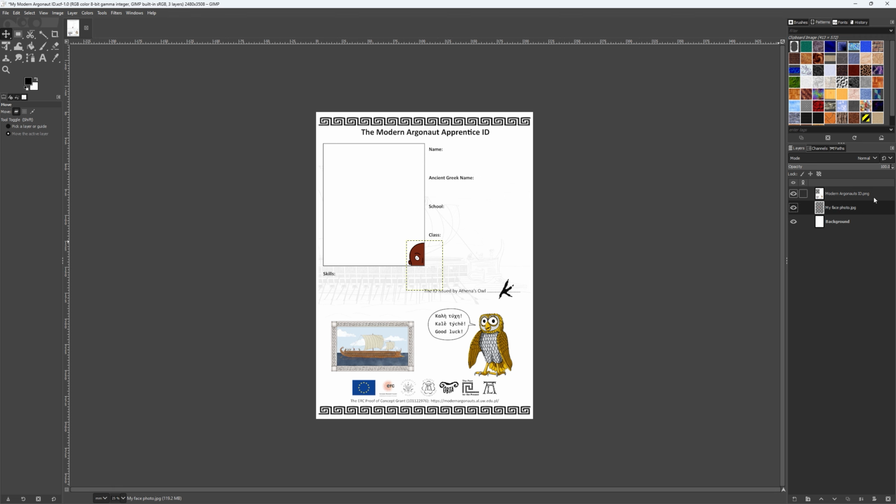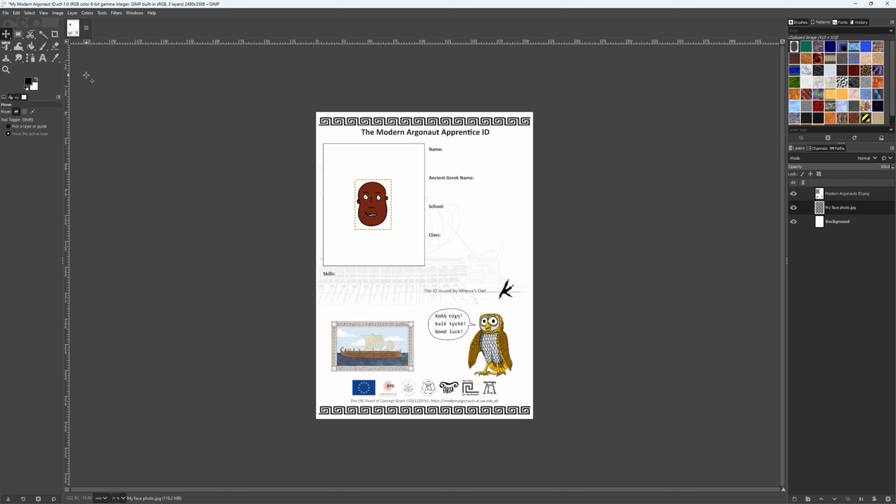We want all of our images to be sandwiched between the ID PNG layer and the background layer. If you need to, you can change the layer order in the stack using the arrows at the bottom of the Layers panel. So now, with the photo layer selected, we can drag it into the middle of the photo box.